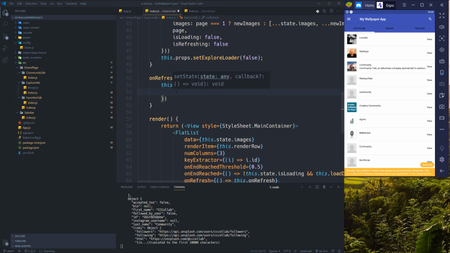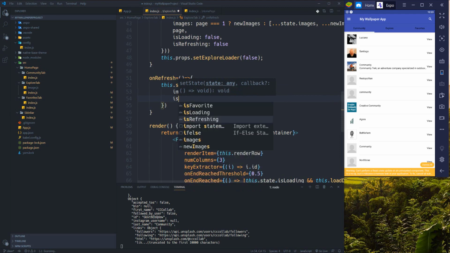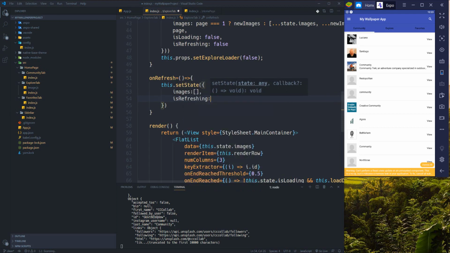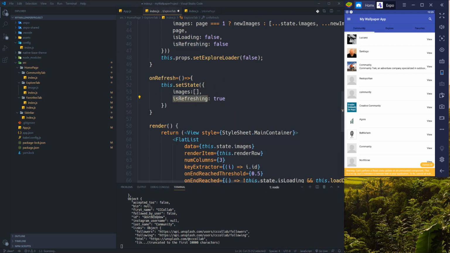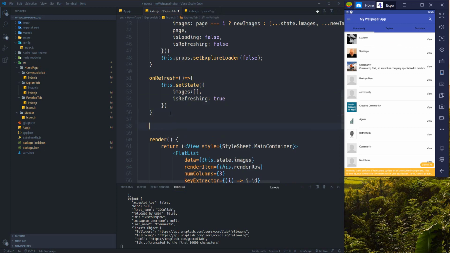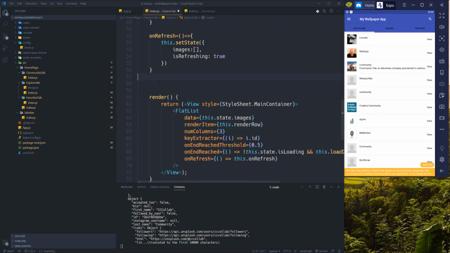First, set the image. Images should be empty, and is refreshing should be true. When I specify that is refreshing is true, it means that the flat list should show the loader animation on top of it. And what else do I need? Just a renderer function,